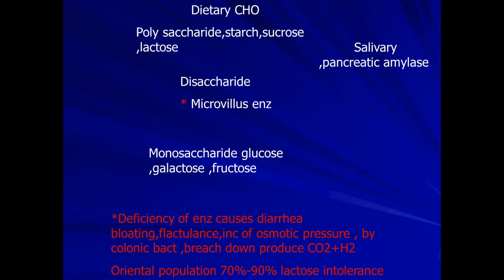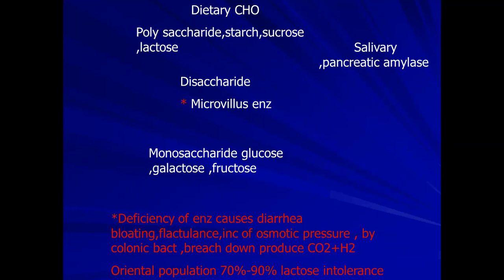Then it is transmitted to the first and second parts of the duodenum, with the help of pancreatic amylase, changing it to monosaccharides: glucose, galactose, and fructose, which are absorbed in the small bowel. Of course, there are disaccharides,